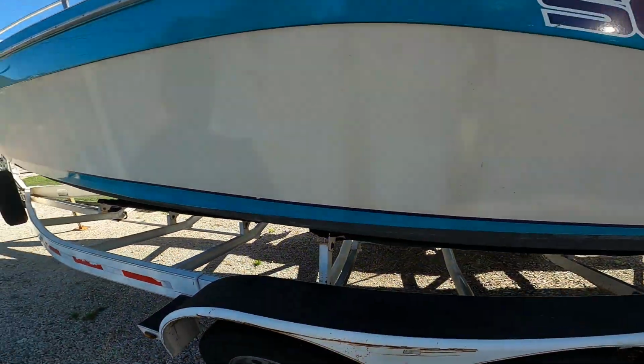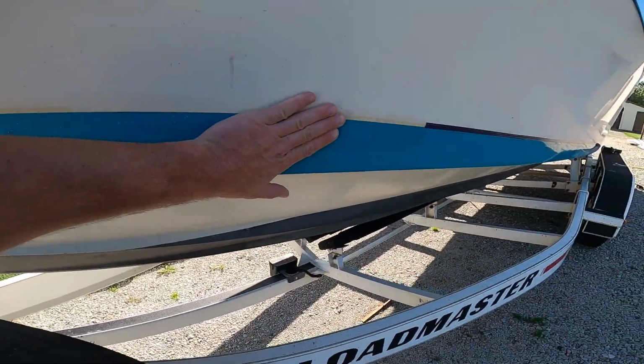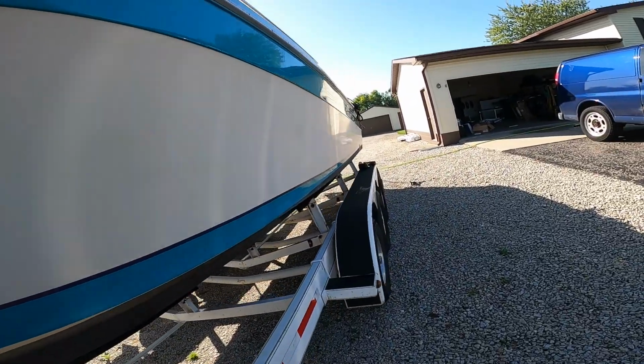All right, so we've gotten to the point now where we have to start prepping the outside, get everything ready to go. I started doing the front a little bit. I figured I'd get y'all involved. So these little stickers of trim colors and these